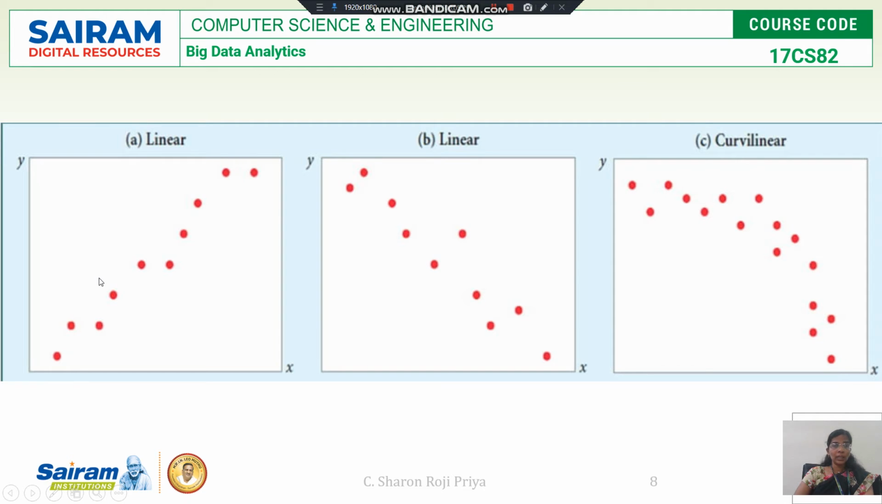So this I'm saying is a positive relationship. Positive relationship means both will be traveling in the same direction. Either both will be increasing or both will be decreasing, but they travel in the same direction. See the next